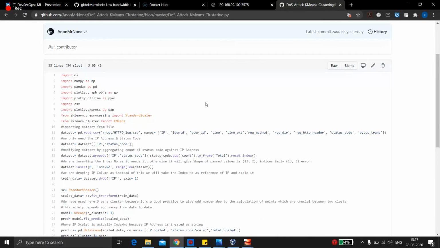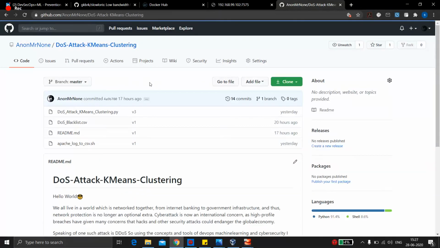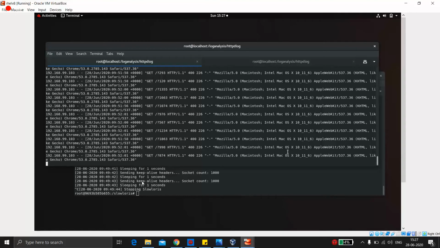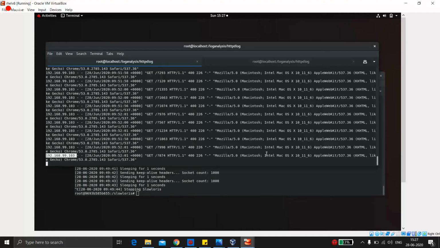Now I will show you how to create this CSV file from the normal log file. Now this is a very interesting part. You will see in many blogs or videos that data cleaning is also one of the important things. For this data cleaning, I have shown you this log file, right? You can't do analysis on this log file. It's very hard because it has null values also, this square bracket. This is a very raw file.